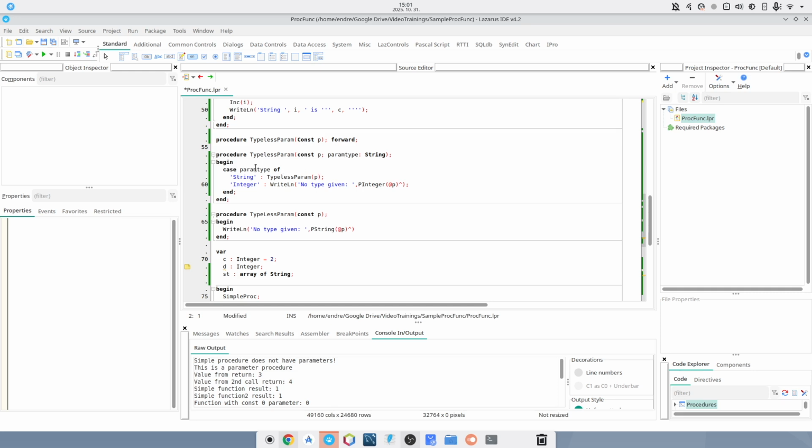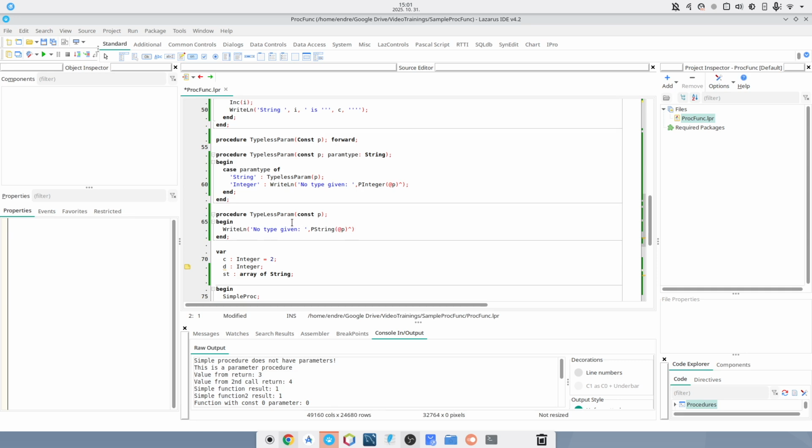As you can see, I define this second typeless param call for the strings here. When I'm defining the parameter type passed to this function with 2 parameters, then I can use a string, or I can use an integer value. And then if I use a string, I can call the second version of this procedure